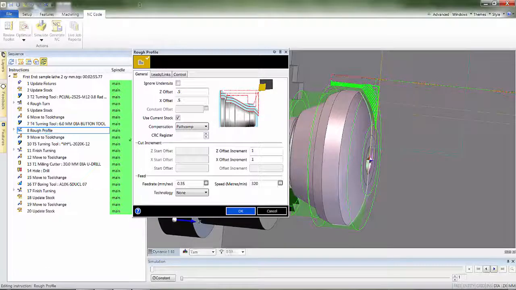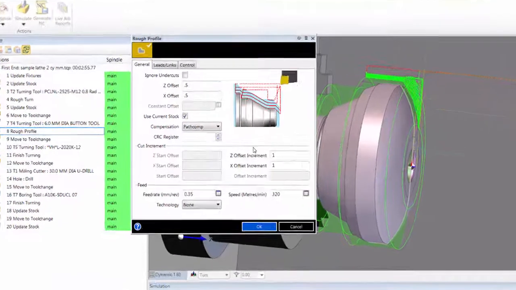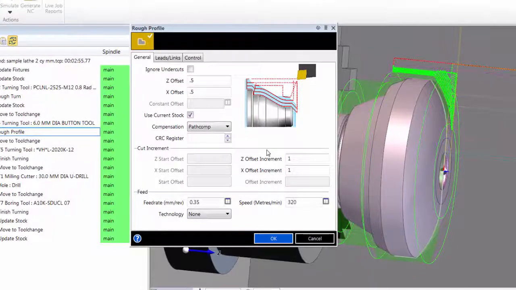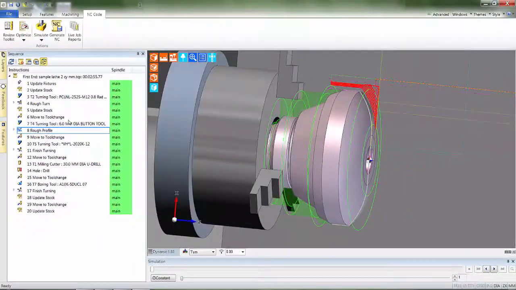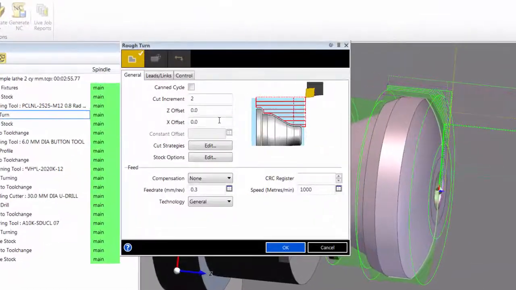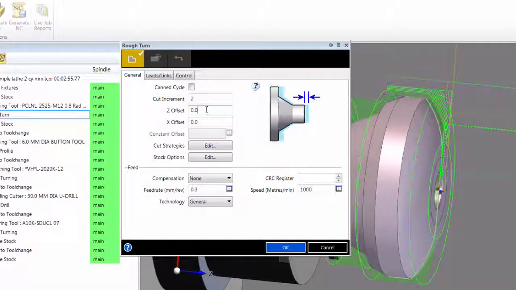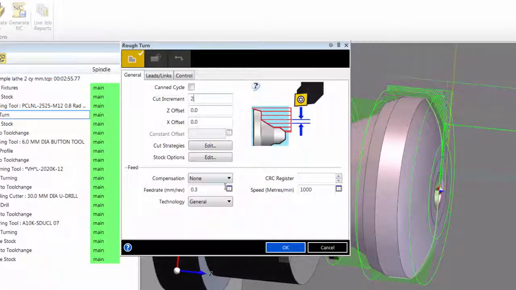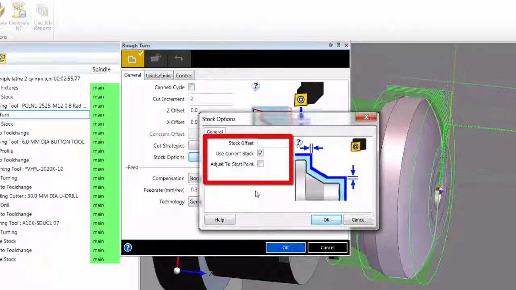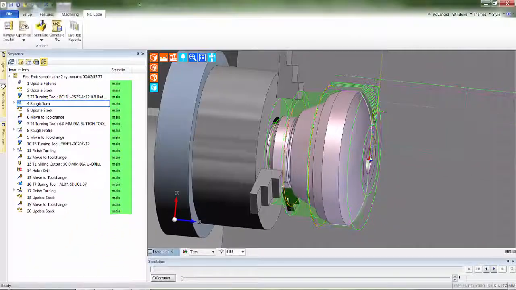Next we'll see the rough profiling cycle, ideal for hard materials made from castings and forgings. The toolpath constantly follows the profile and uses the stock. One of the most common cycles is rough turn. Observe how pictures inside the dialog help explain the effect of the command. Similar to other Edgecam cycles, rough turn is aware of the stock position, thus helping to reduce fresh air cuts